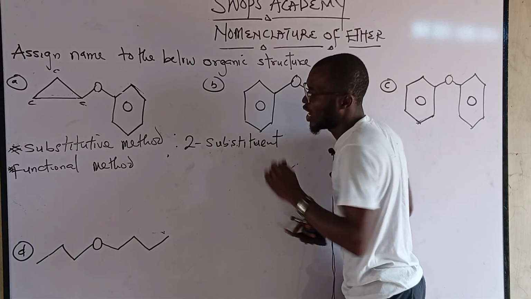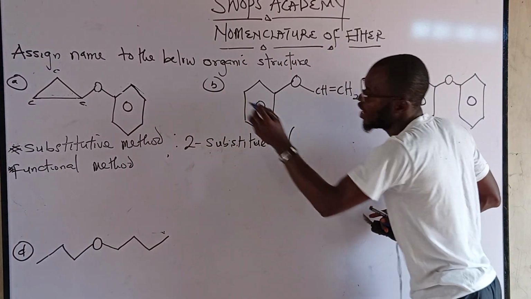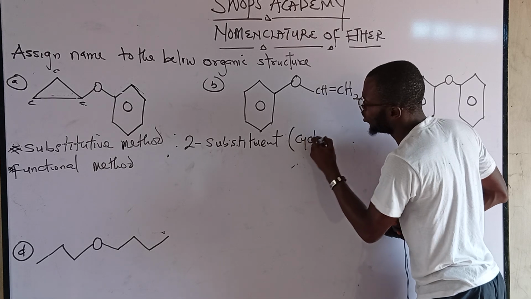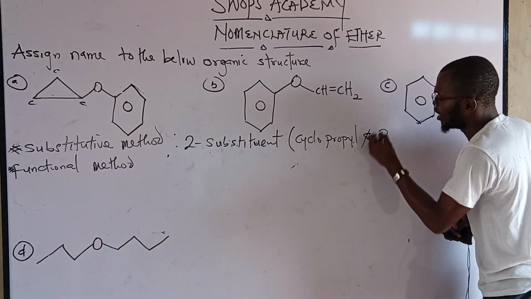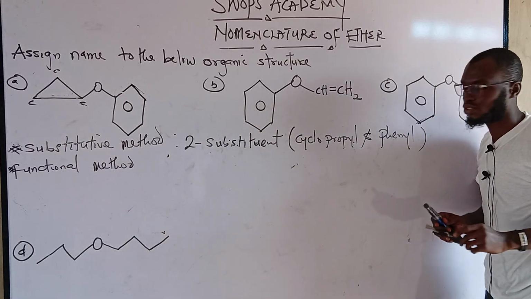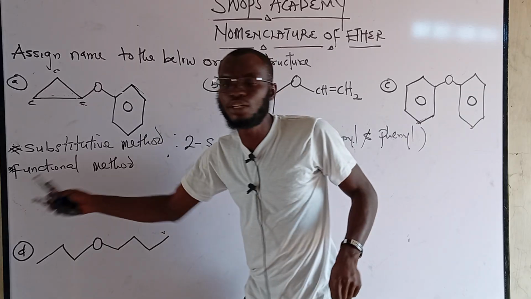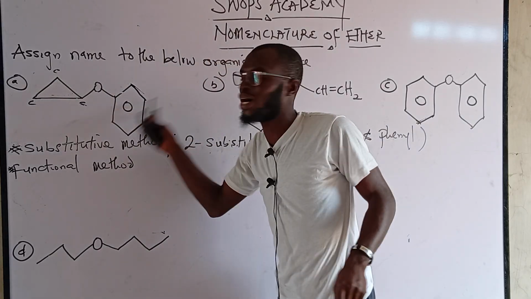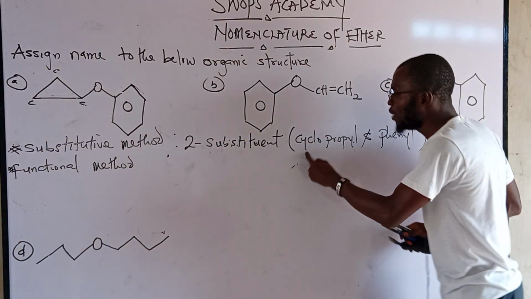I have 2 substituents or 2 branches. I have cyclopropyl, and I also have phenyl. I've explained that. All together, these are the 2 substituents. All you need to do when you are using substitutive method to assign name to this organic structure, you pick one